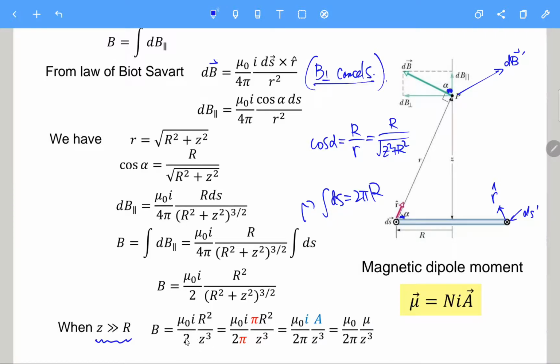So we multiply pi on the top and on the bottom so that they will cancel. But here, what we want to get is pi r squared, which is the area of the dipole. So we form the area. This is the area of the dipole. So we have A here. So IA is the